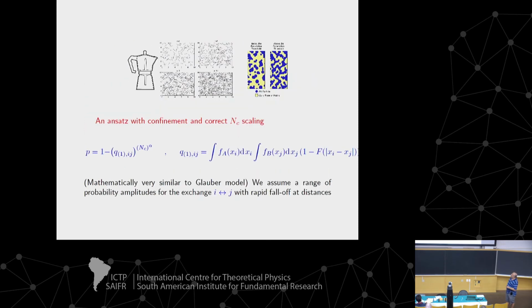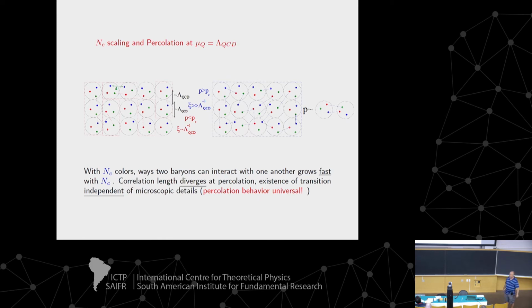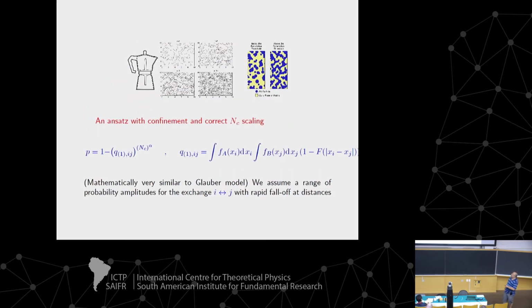We found, using some admittedly toy models for the propagators between quarks, a percolation phase transition. Below the percolation phase transition, the quark states remain localized in every baryon, and above the percolation phase transition, the quark wave functions of different baryons become entangled, and the correlation length stretches to infinity. It's the same percolation transition that you find in percolation toy models you learn at university, and